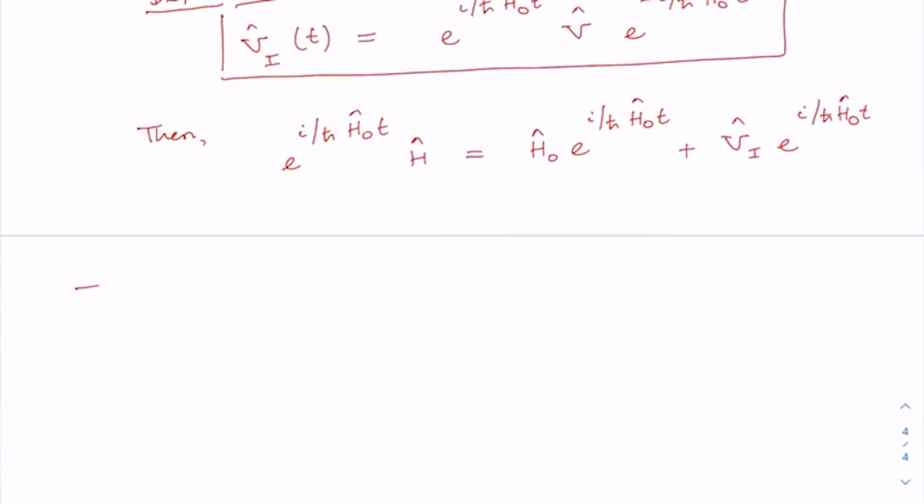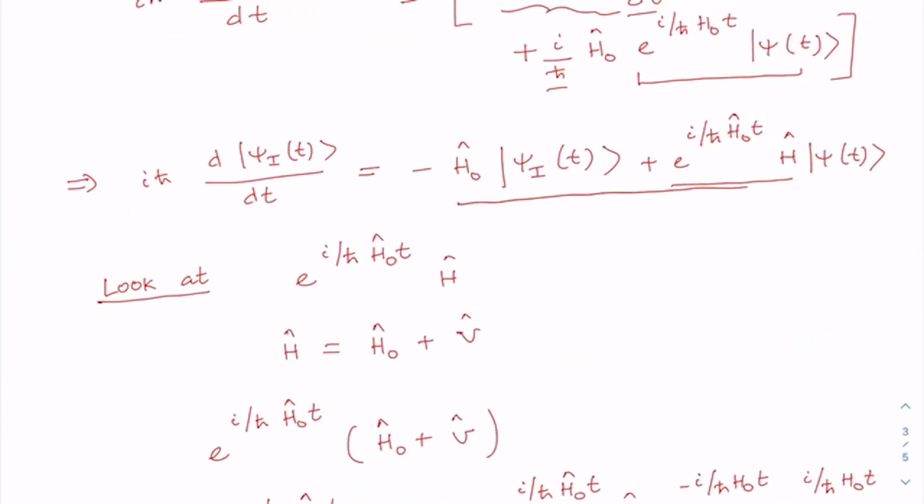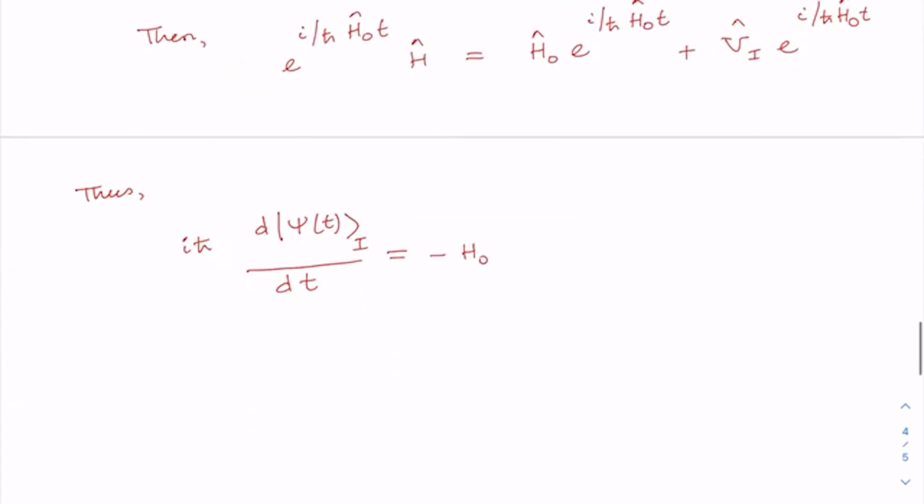Right, now therefore we can write iħ dψ(t) in the interaction picture. If I actually put everything there, I have H0. If I write everything now, including whatever we have so far derived, then you will get H0 ψ_I(t) plus H0 e^{(i/ħ)H0 t} ψ(t), which is,